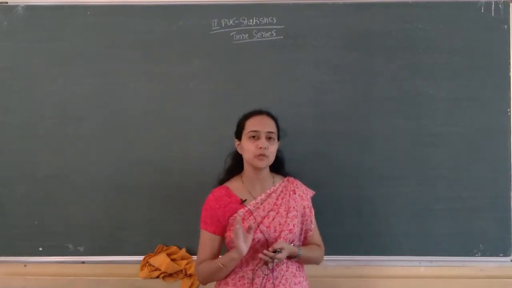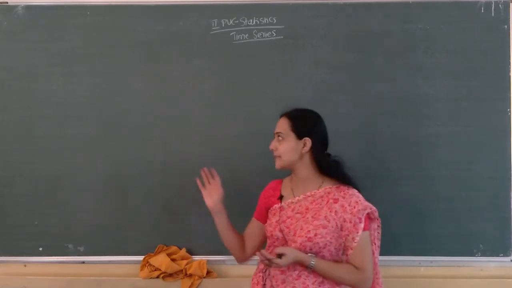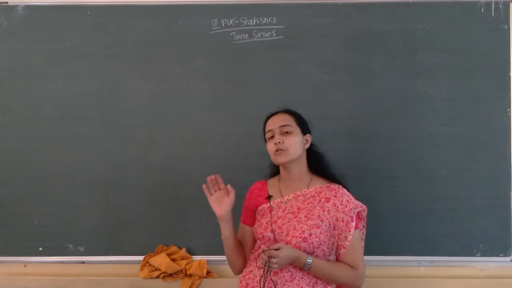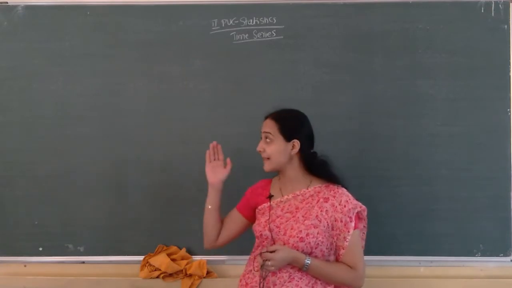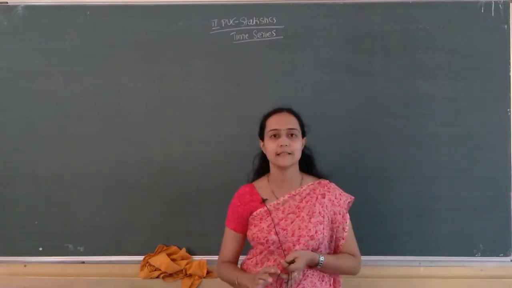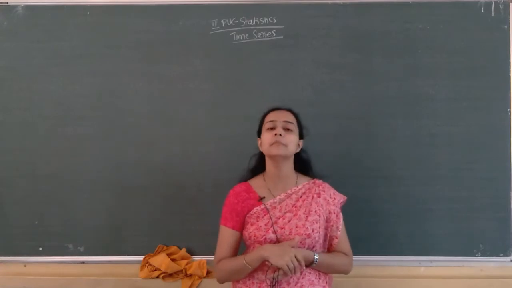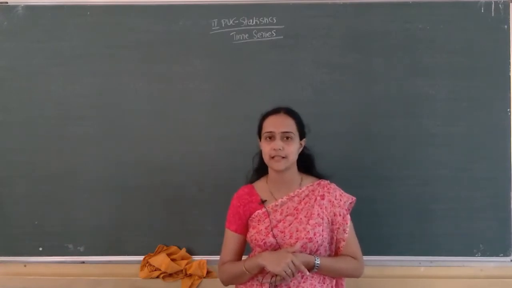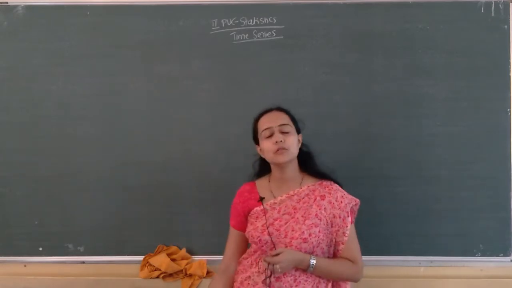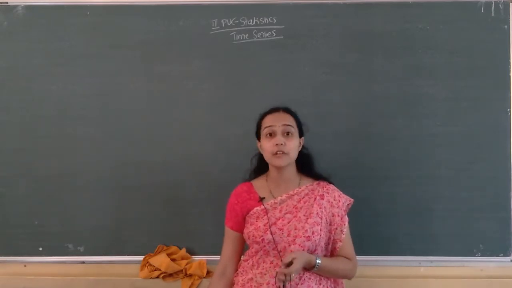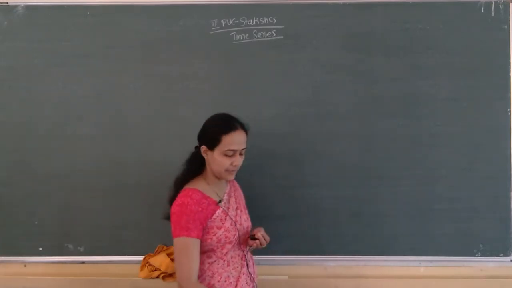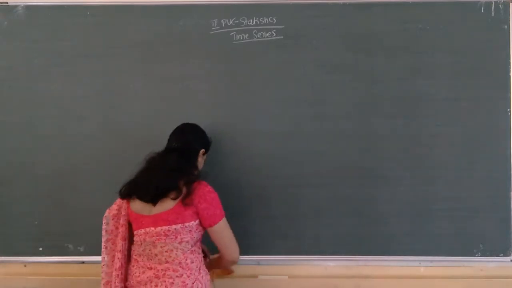While computing these centered moving averages, you have to leave one space, so that it will be clear where it coincides, so that it is easy to draw the trend line also, the graph of both the trend line and the histogram. Can we do one more problem of 4 yearly centered moving averages? One more problem we will do. Okay.